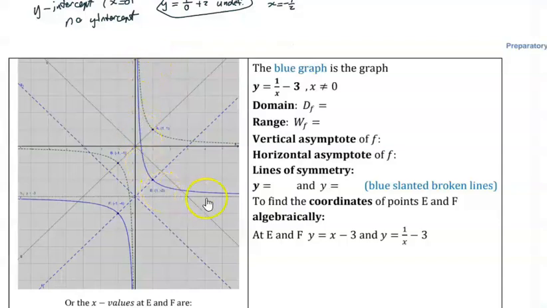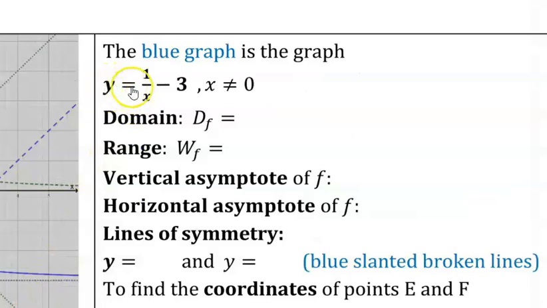So let us look at this blue graph here and see what happened to it. The function y equal to 1 over x minus 3 represents the blue graph. Remember, we cannot divide by 0, that's why we say x cannot be 0. So in this case, our domain is all the real numbers except the number 0. And the range will be all real numbers, but again, this cannot be 0, so cannot have an answer of